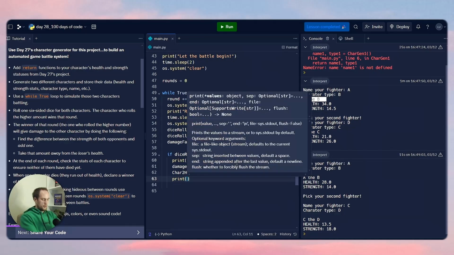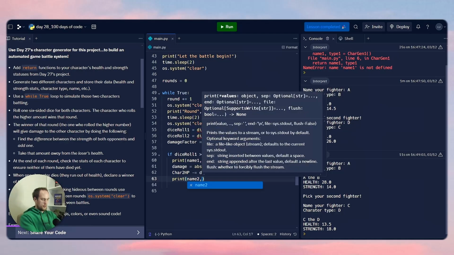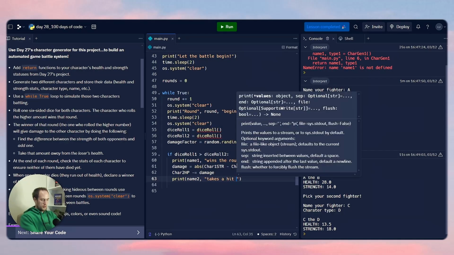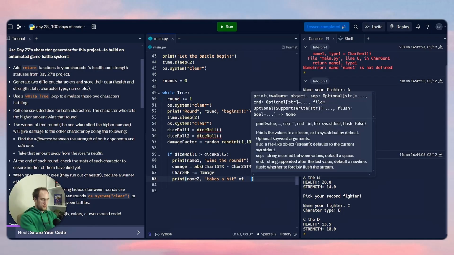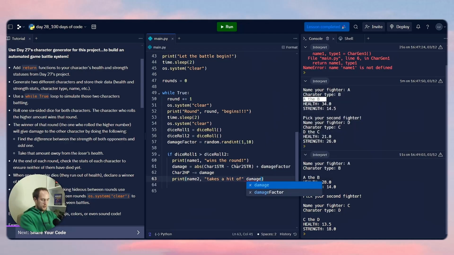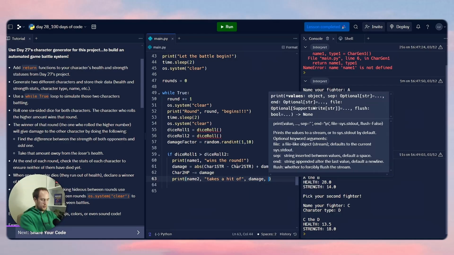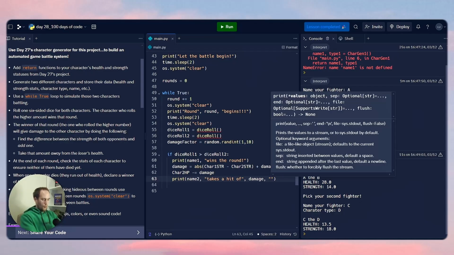It will print thing 2 takes a hit of damage. Could maybe use an F string here, but I'll just go with this. Thing 2 takes a hit of damage